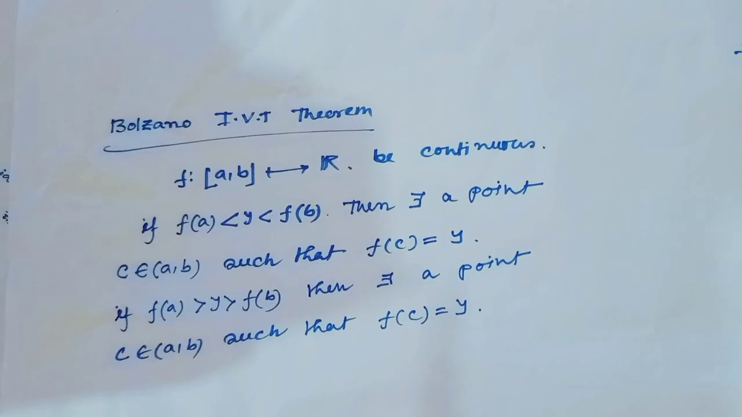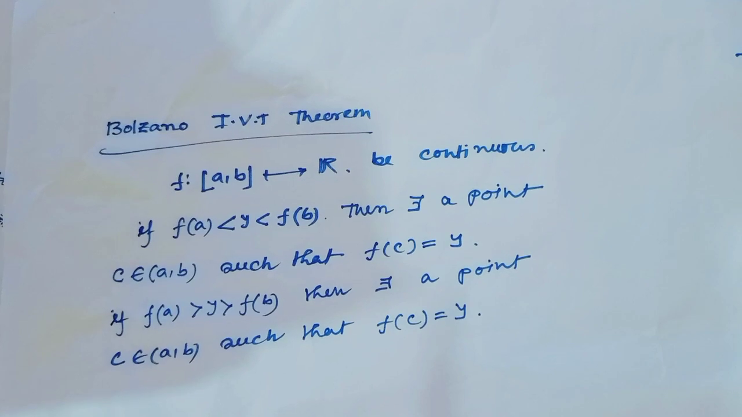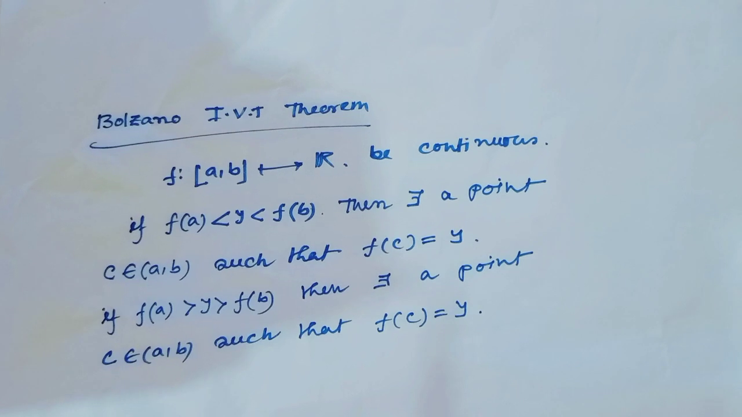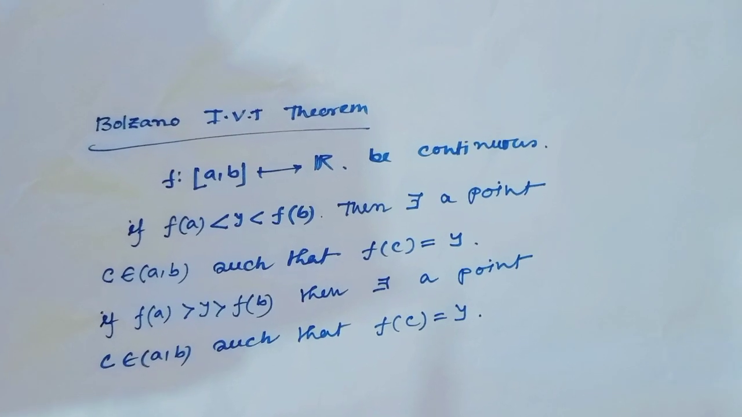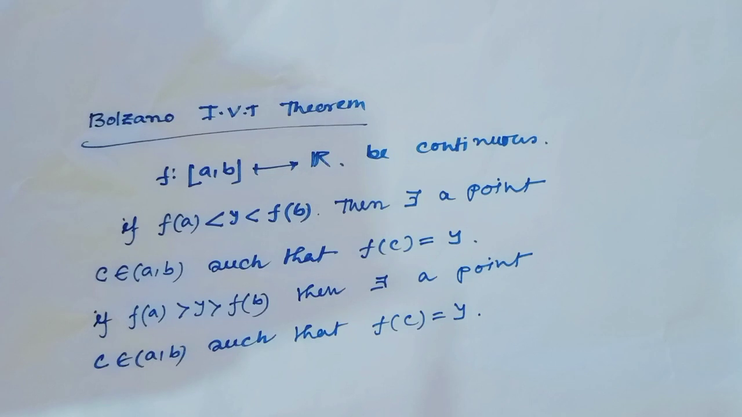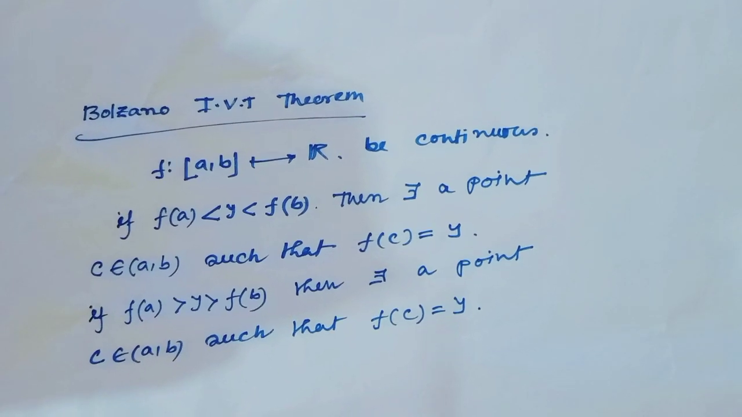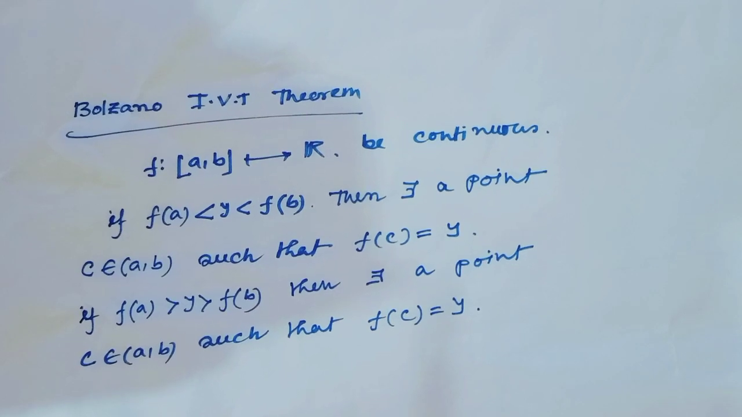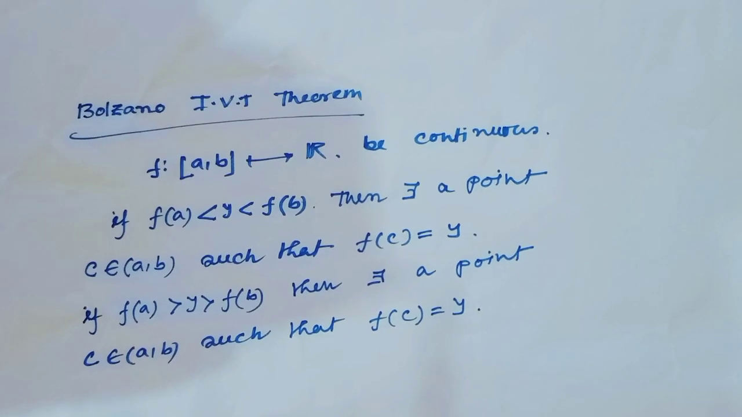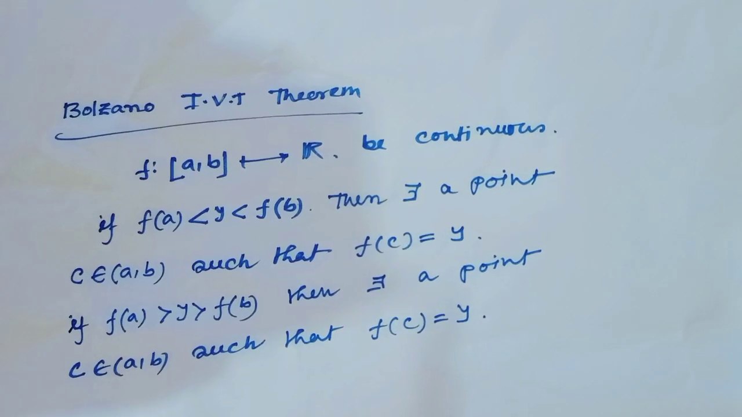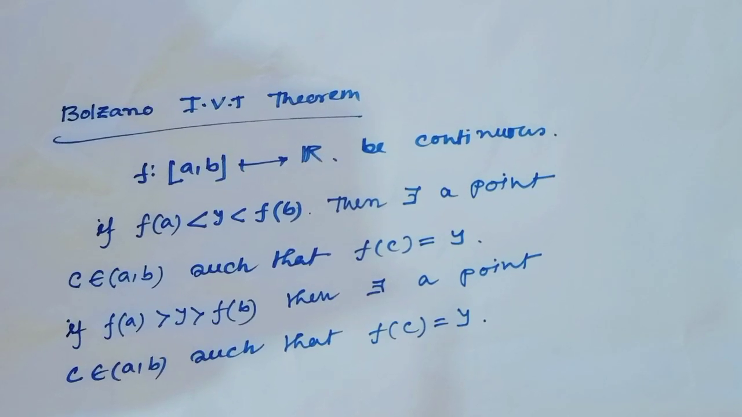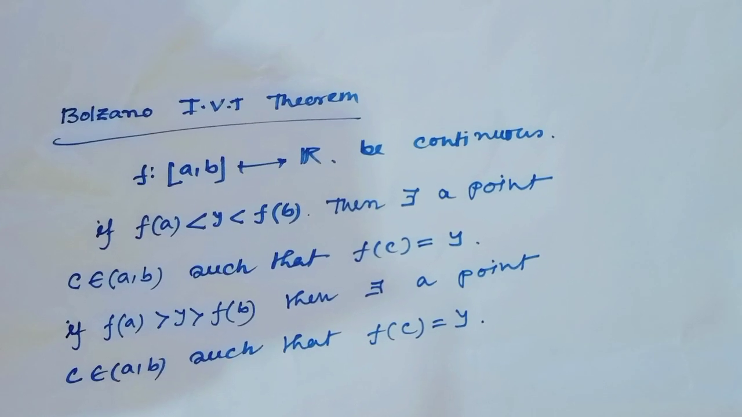Now I will see the application of Bolzano's theorem. The name of this theorem is the intermediate value theorem, and this is actually today's goal of this lecture. In my previous video I defined this theorem. As a review, today I will discuss the intermediate value theorem in higher dimension. Just recall the Bolzano intermediate value theorem. The statement of this theorem is: